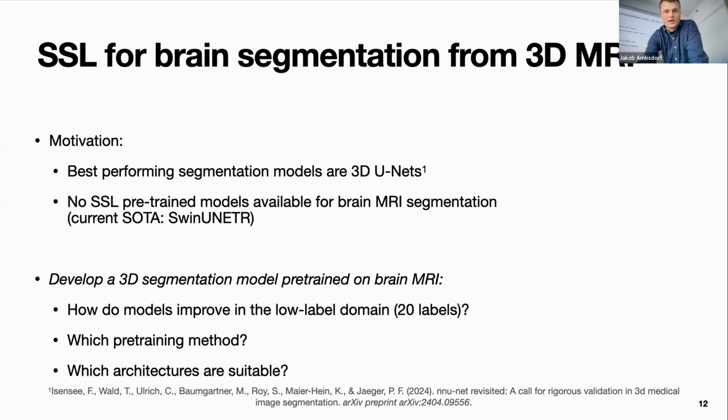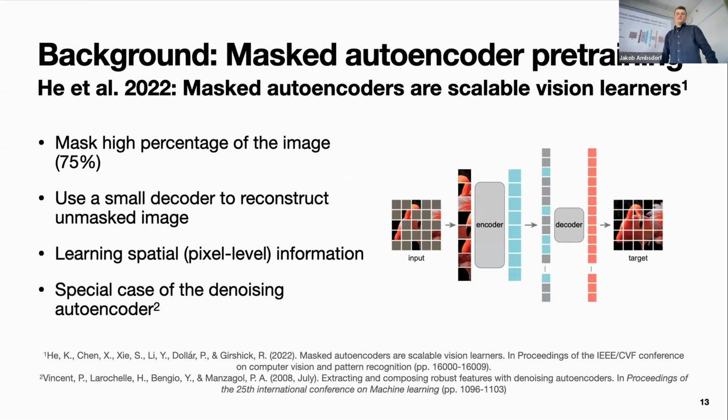Yes. Okay. And for the pre-training methods, I will give a little bit of background here, because not everyone will be familiar, although it might be very familiar for people coming from computer vision domains. But there's this quite nice method, which is called masked autoencoder pre-training. What you do there is quite simple. You take an image and you mask quite a high fraction of the image. You can go up to 75%, dropping those patches, and put them through your encoder. This could be some vision transformer or something similar.